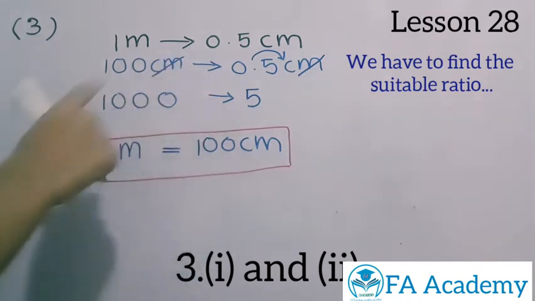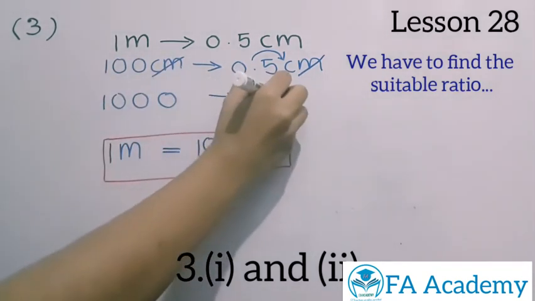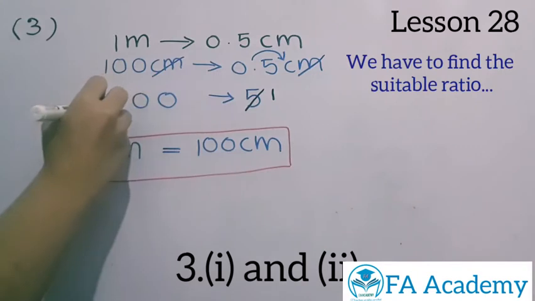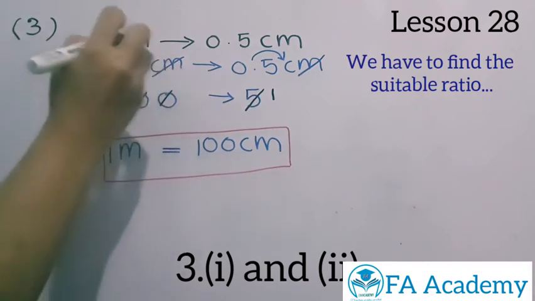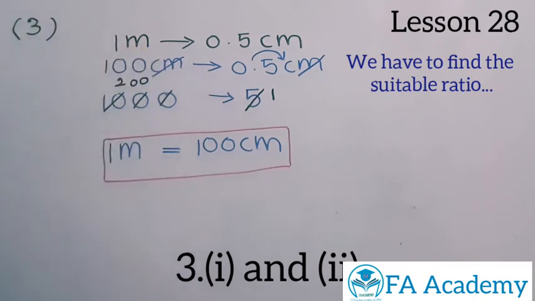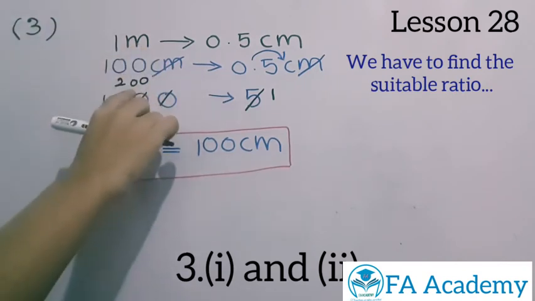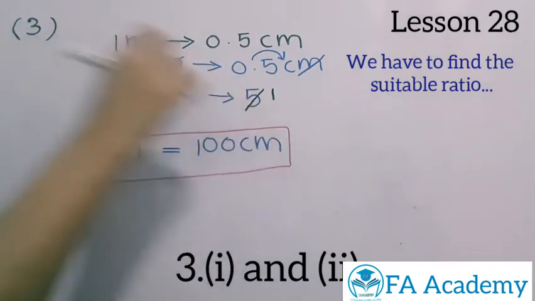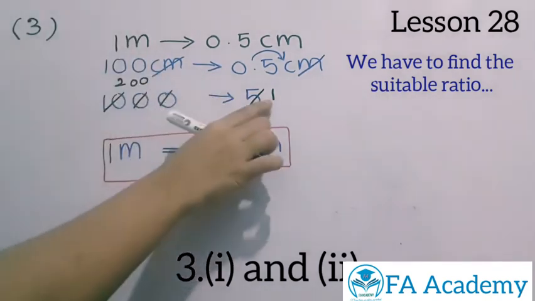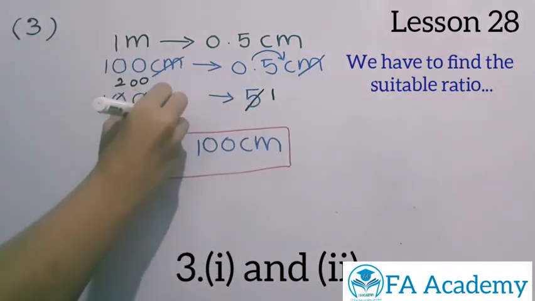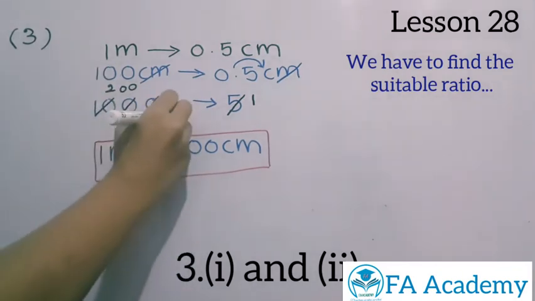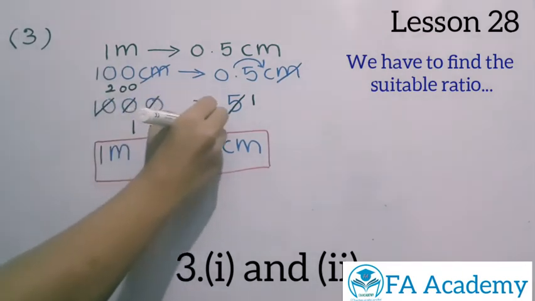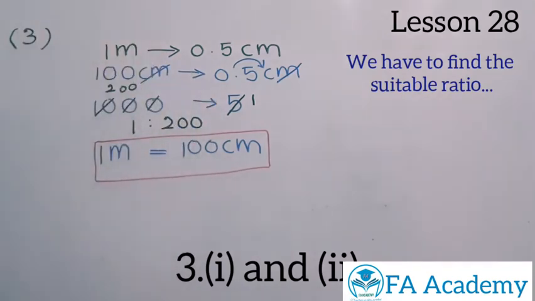So now what we have to do, we have to simplify. 5 into 1, here for 10 you have 5 into 2. After that there are 2 zeros, so you take those 2 zeros. So you have 200 and this side 1. In that case, I told you every time the given scale will be on your left side and then the other one will be on your right side. So 1 to 200 ratio. Now we got the ratio.